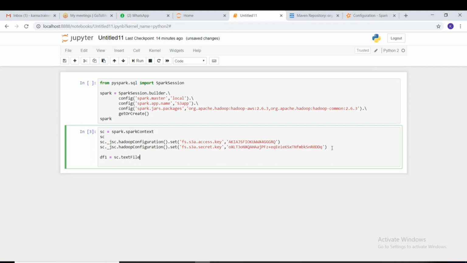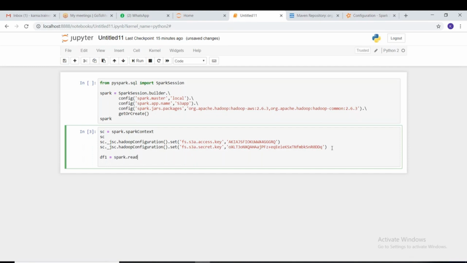I'm trying to read the text file, s3a colon double slash, what's the bucket name? PySpark. I'm trying to create an RDD. Sorry, it is a JSON file, right? Oh, the file was JSON, so we can directly create a DataFrame.